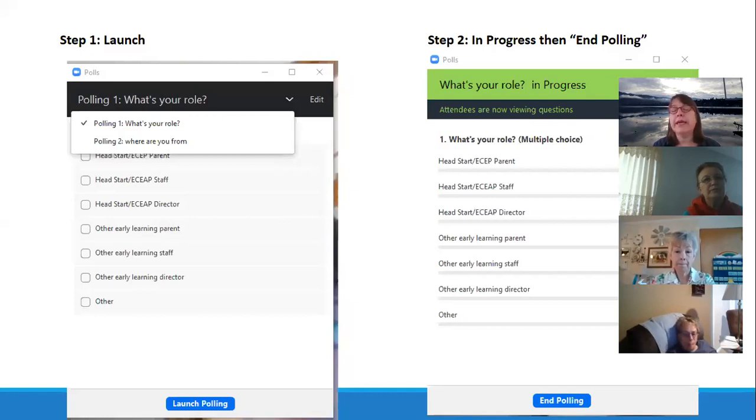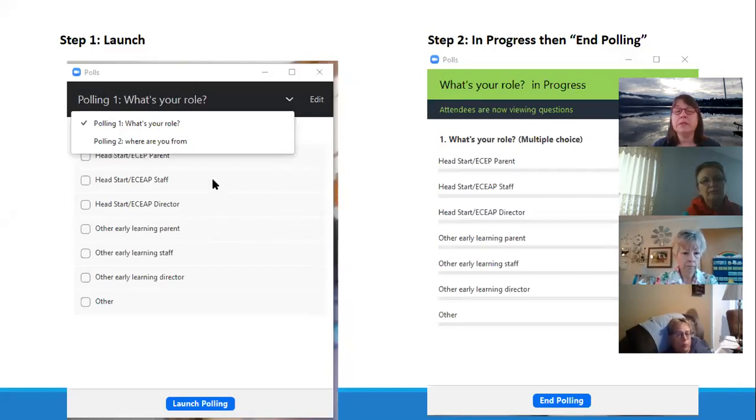This is what it looks like. And what I will say is you cannot run a poll unless you are the host. As a co-host, you probably cannot do this. You can click down there and see. Do you have a polls thing on your menu bar? I think it's only for hosts. So I set up two polls in advance,